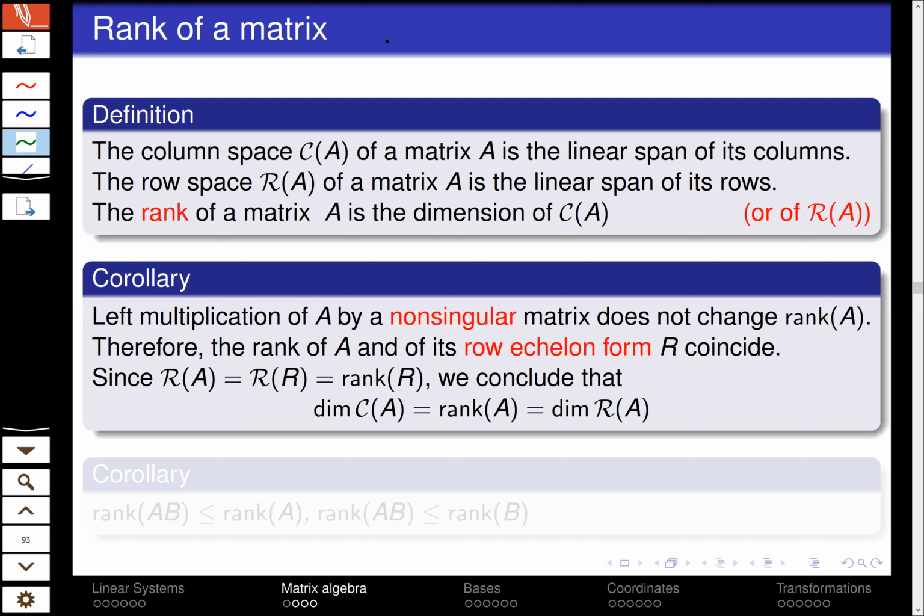Do you see that pivot columns are linearly independent? Look, you cannot take any non-trivial linear combination of these three columns to have 0. Why? Because the only way to get 0 here is to take this column with coefficient 0. Otherwise, this entry, which is not present in the previous, will not get cancelled. Therefore, you must have 0 here, you must have 0 there, and now you must have 0. So there is no non-trivial linear combination of these pivot columns which gives 0. So they form a basis. Therefore, the dimension of the column space of R, the row echelon form, is equal to